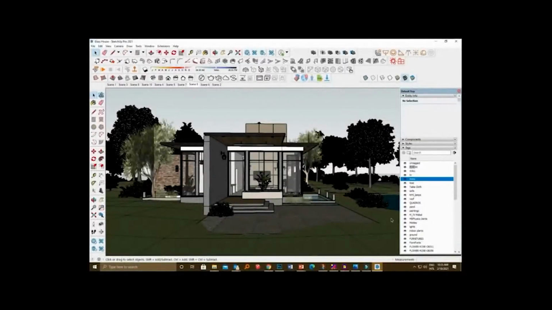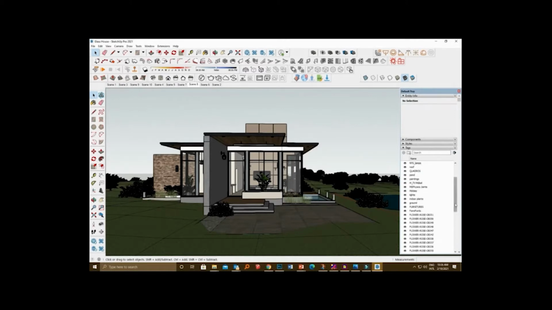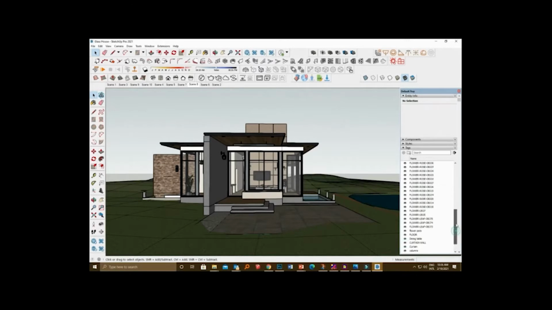Here in this model, I have arranged all the objects as different tags. I have organized it with different tag names. So suppose I want to work on the architectural model alone, I can hide all the background objects. So here I'm hiding all the objects individually. Like first I have hidden the trees. Now I'm going to hide the bushes. And then I'm going to hide the pond. And finally I'm hiding the ground.